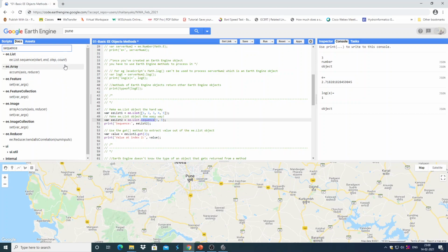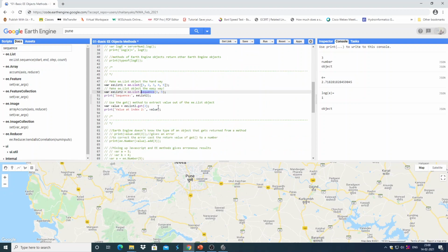Step and count are optional parameters. You are using it to generate the same ee.List. Here we are passing the list directly using the ee.List constructor. Here you are using the method dot sequence.